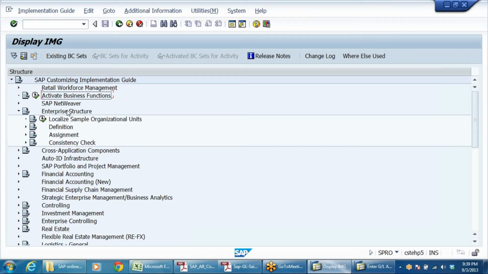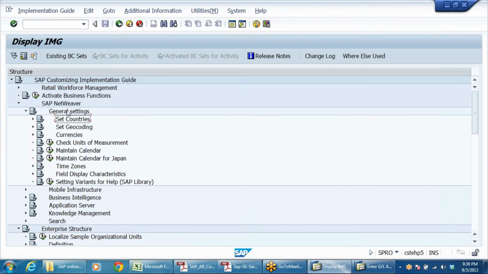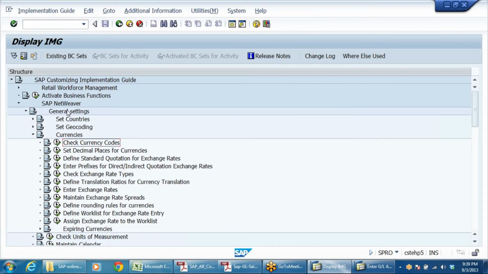Go to SAP NetWeaver, general settings, currencies, right, enter exchange rates. The T code is OB08.